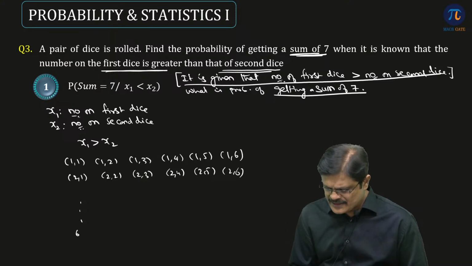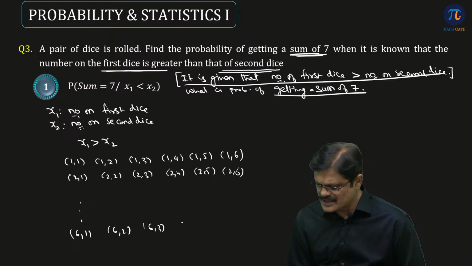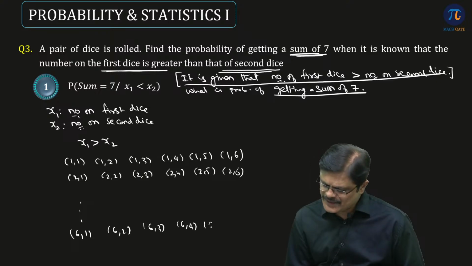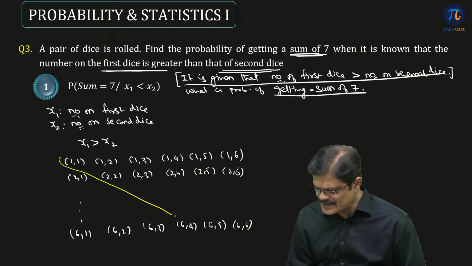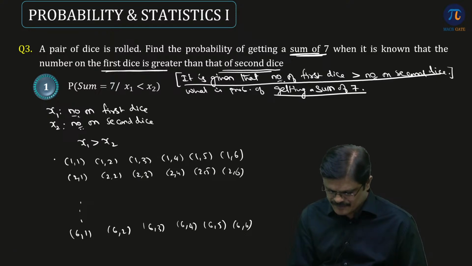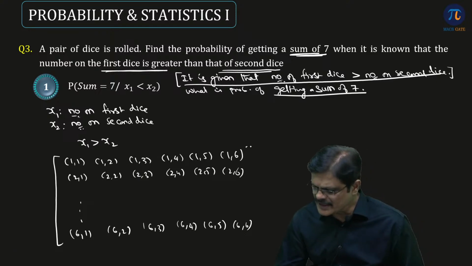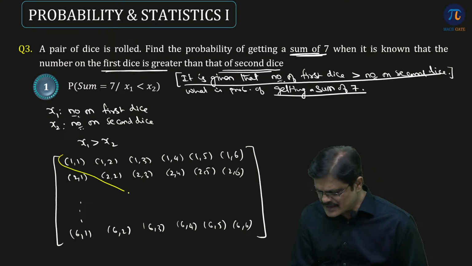Continuing this way, 6 1, 6 2, 6 3, 6 4, 6 5, 6 6. Now if you observe, these are the cases. So these are the 36 outcomes, and if you observe, these are the 6 cases